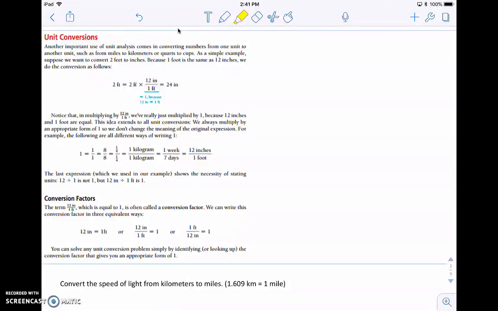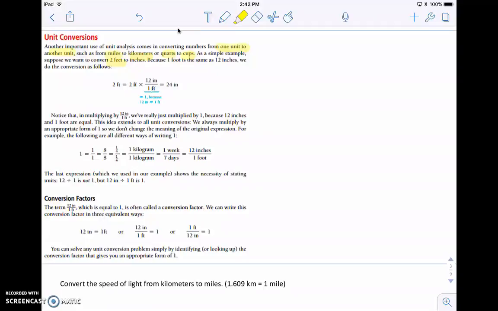what we're going to do now is look more in depth at this idea of unit conversions, because we converted years into seconds, but sometimes we'll be converting from one unit to another, such as going from miles to kilometers or quarts to cups, and we need to come up with a strategy so that we're able to do this for any unit that we want to convert. And the big idea here is, say for example, this example says let's